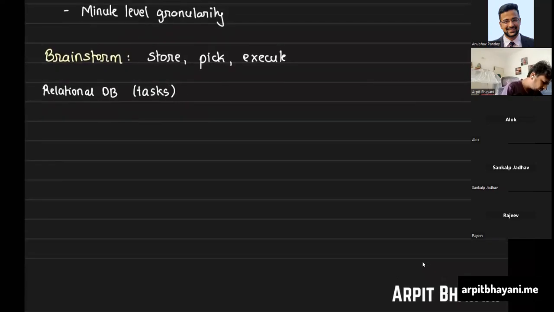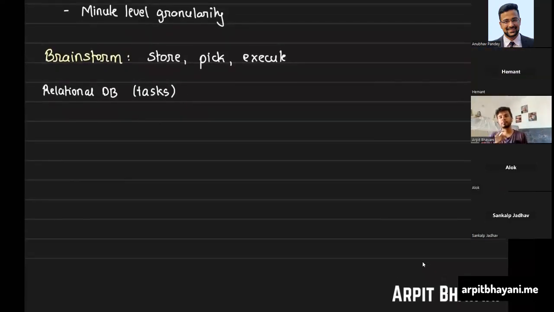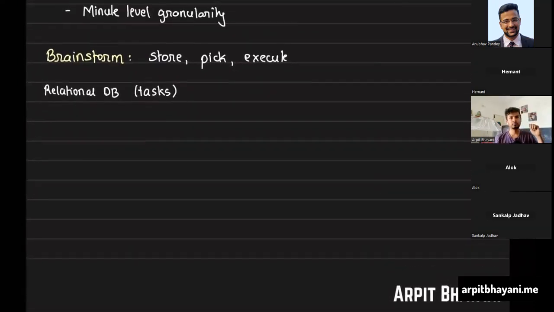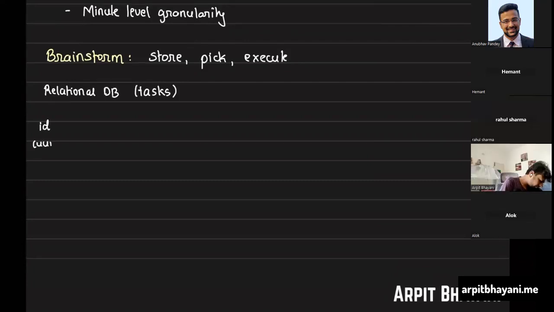Given our requirements, since we are only targeting tasks that are to be executed once and not recurring tasks, what I would like to store in this table is, firstly, a unique identifier for a task, that's the UUID, and the timestamp at which we want this task to be executed. Schedule that.